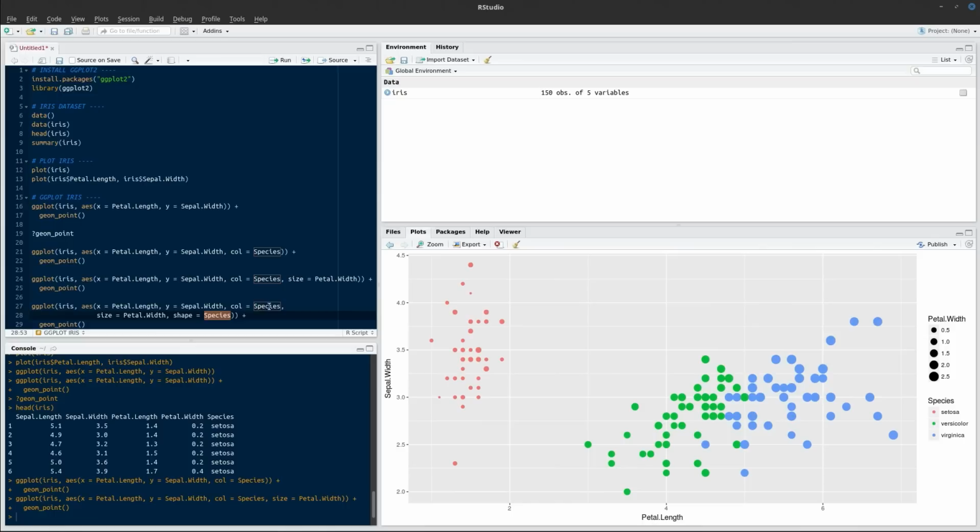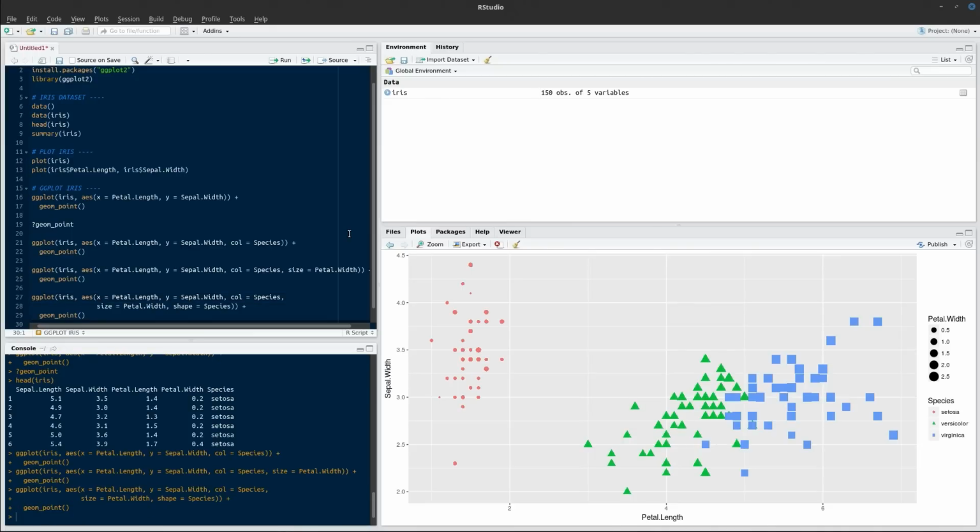So here we've mapped species to both color and shape. And so if we run this, now not only are the Setosa irises red and circles, the versicolors are green and triangles, and the virginicas are blue and squares. Now there's a sort of rule in data visualization that you shouldn't have